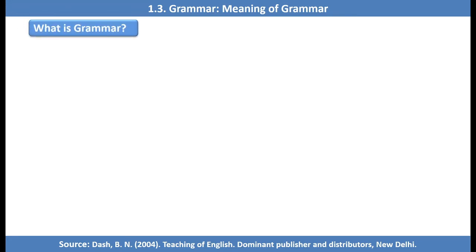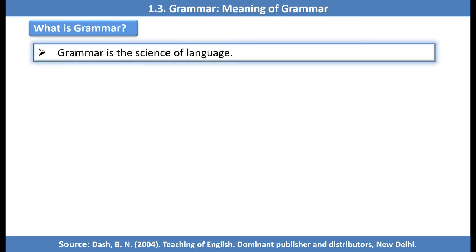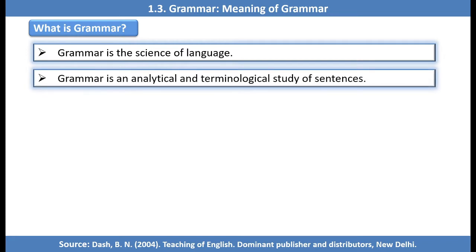My first question is before you, that what is grammar? This is the basic question. Generally you can imagine what it may be. Generally you may say the study of rules, study of rules of a language, etc. It is also called a grammar. But grammar is the science of language. It means that we study scientifically about the language. That is the simple meaning.